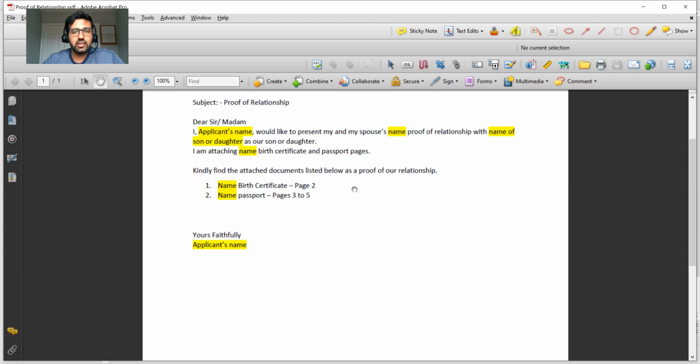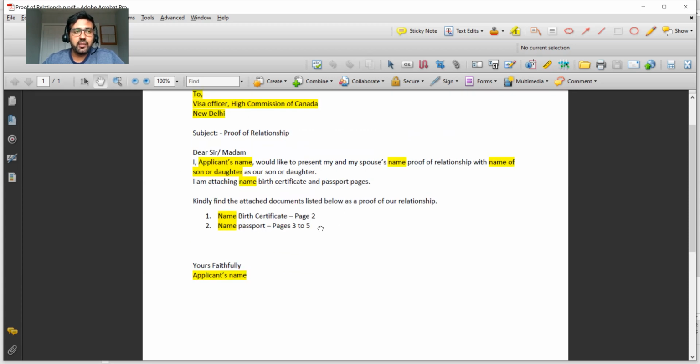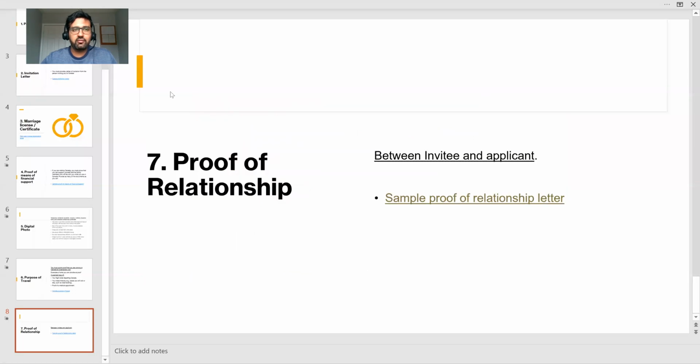So this serves as a proof of relationship that they are my parents and I'm the child who is a permanent resident or citizen of Canada and meets all these financial requirements, medical requirements. We have purchased medical insurance. So this serves overall as the documents that need to be submitted. So that's all on the document front.